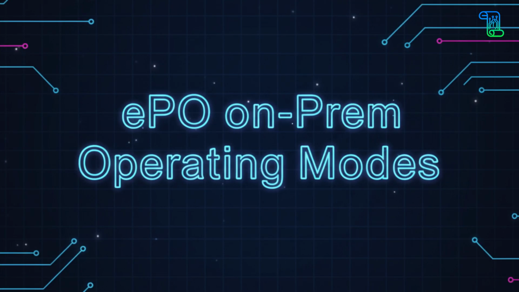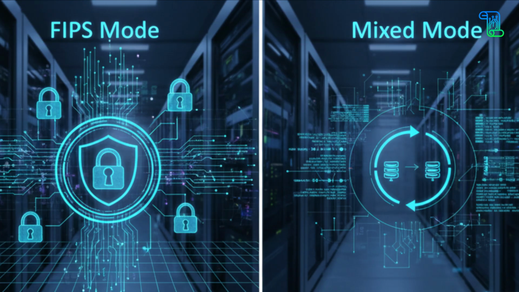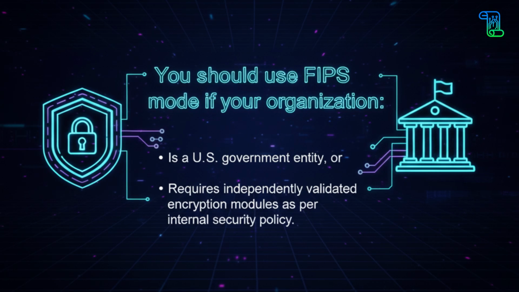Trellix EPO on-Prem supports two operating modes, FIPS mode and mixed mode. FIPS mode is enabled when you perform a clean installation with the FIPS flag turned on. In this mode, EPO adds extra security constraints. It performs additional integrity tests at startup. It only allows connections from FIPS compliant Trellix agents. You should use FIPS mode if your organization is a US government entity or requires independently validated encryption modules as